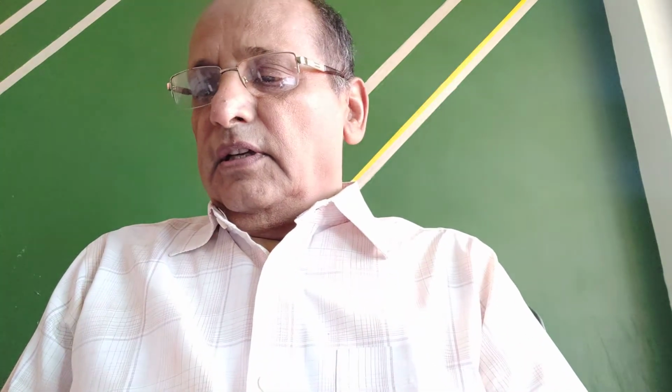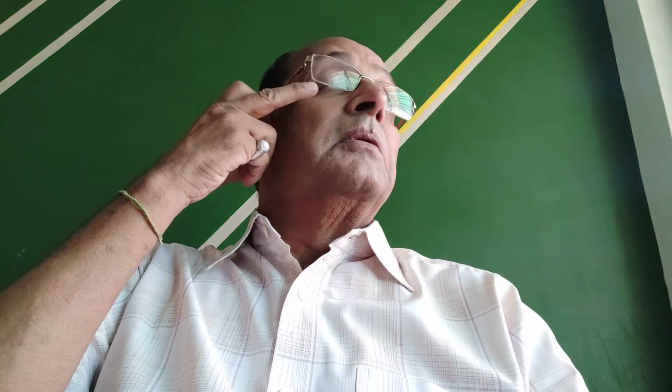Today I am starting topic number 5, that is electrolysis or the chemical effect of electric current. In this particular topic we have to discuss Faraday's law of electrolysis and derivation of formulas for calculation of electrochemical equivalent or chemical equivalent of a substance or material, and then we have to discuss types of cells and batteries.